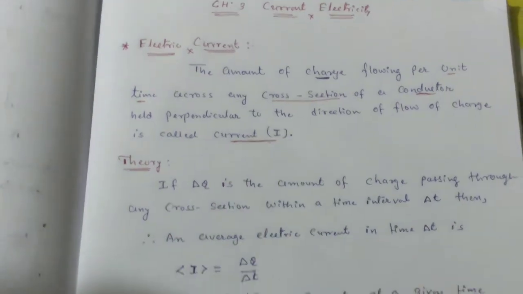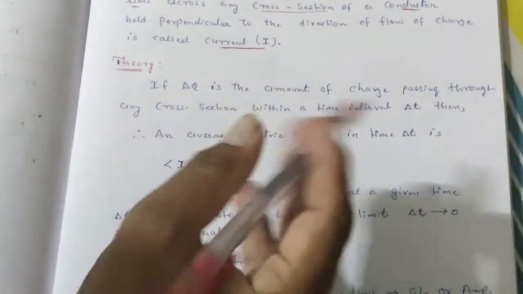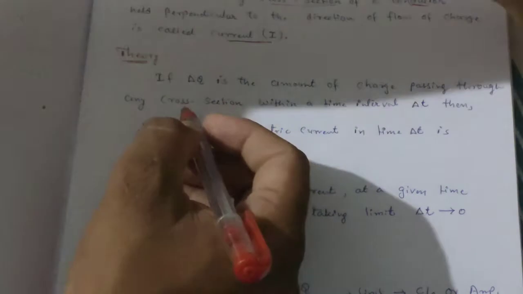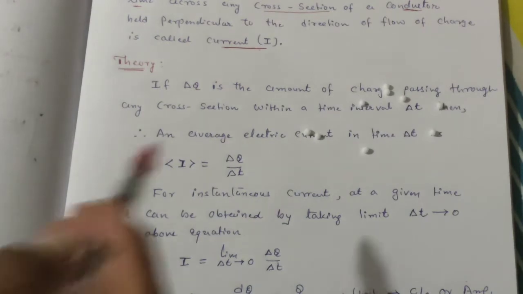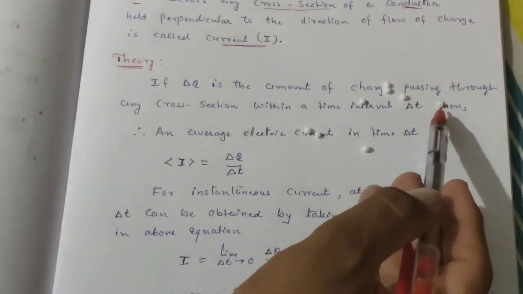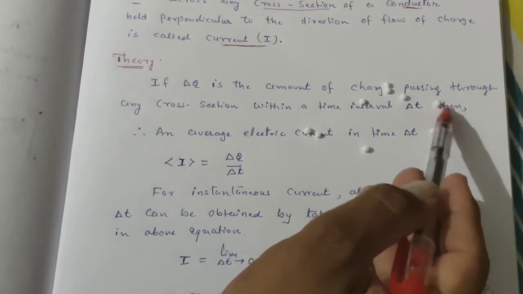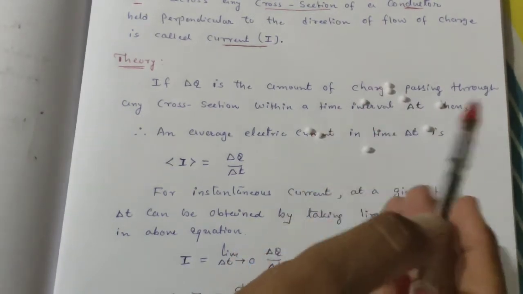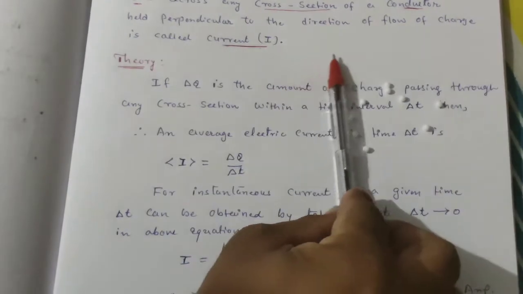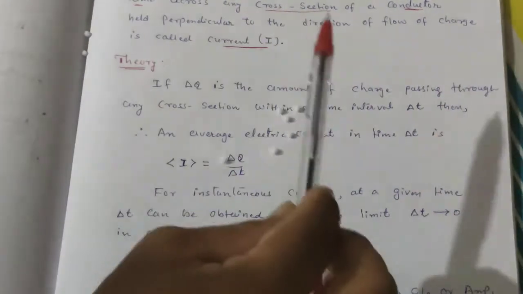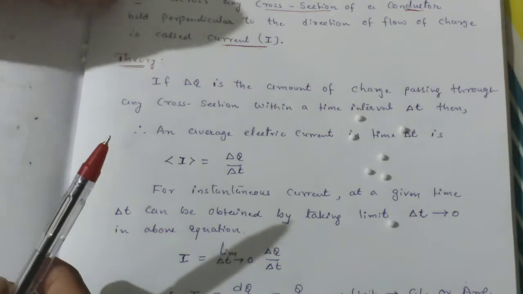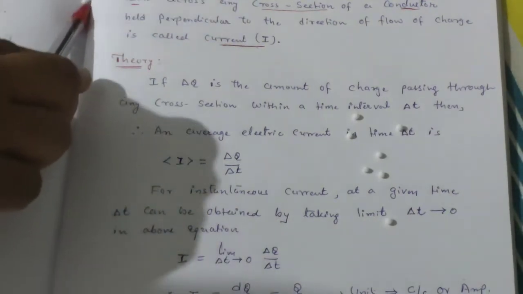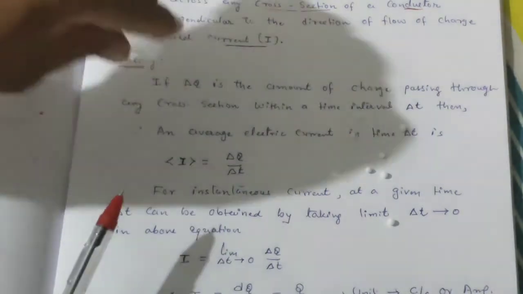Remember, now let's see a small theory regarding electric current. Here I show you a number of balls. Okay, these balls are moving from one place to another place like this. So over here how many charges are there? So 1 2 3 4 5 6 7 8 9. Okay, now if all these balls or charges are moving in one direction, in that case we can say a current is said to be produced in an electric conductor. For a conductor you can consider an electric wire, it is the best example.